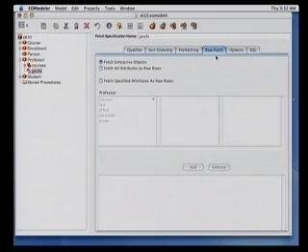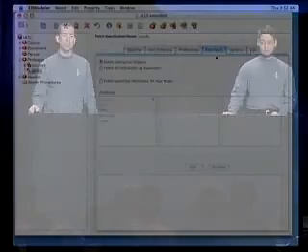Or maybe you have so many rows in your database that you don't necessarily need all the EOs at once. You want to get just the primary keys, and in our case, say we had thousands and thousands of courses. We wanted to fetch just the primary keys for those courses and the titles. We might create some kind of list that our user will take a look at. And when the user selects one of them, then we would take that raw result and turn it into the